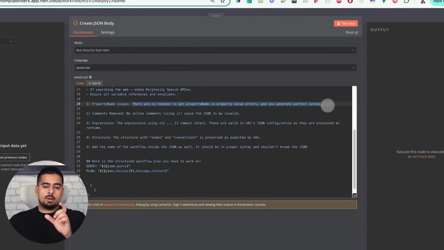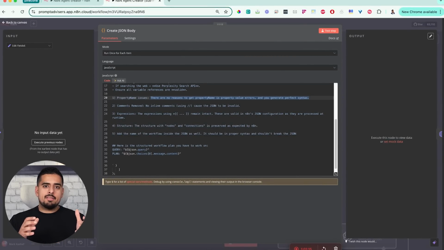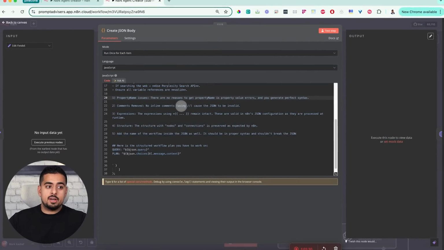This is a major thing that will stop you being able to import workflows into n8n, is basically having parts of the JSON that are not correctly labeled or unlabeled at all. In this case, it says there are no reasons to get property name is property value errors, and you generate